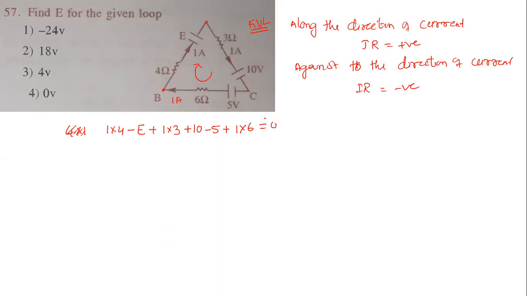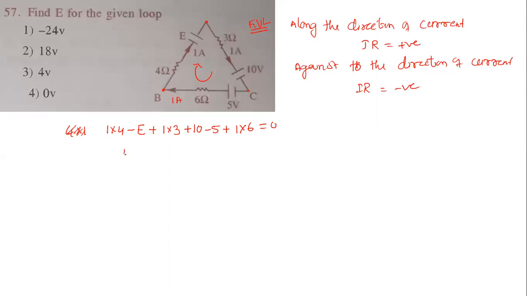That's simple. Along the direction, take it as positive. In any branch, if you find the direction of current is against, take it as negative. And in this process, if you reach the negative terminal of the battery first, take negative EMF. If you reach the positive terminal of the battery, take positive EMF. That is the convention we are going to follow. Okay, an easy convention. It will be easy to remember.